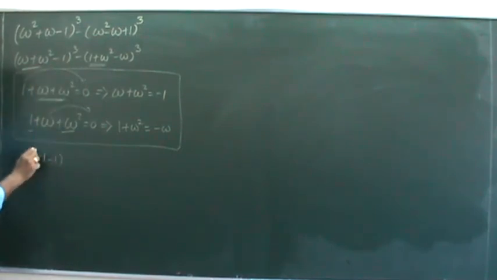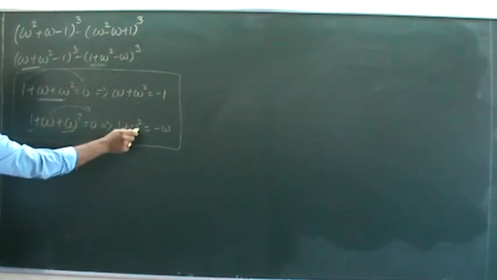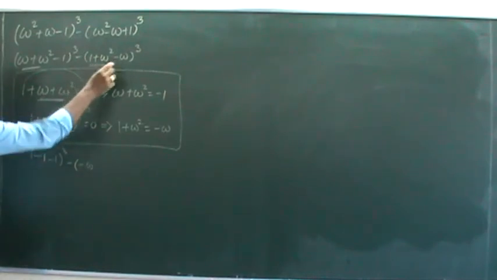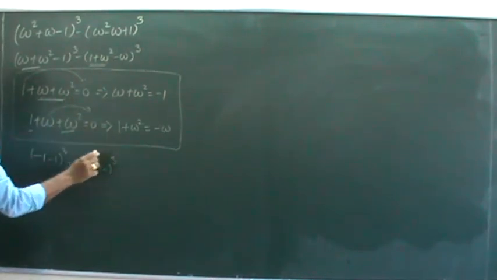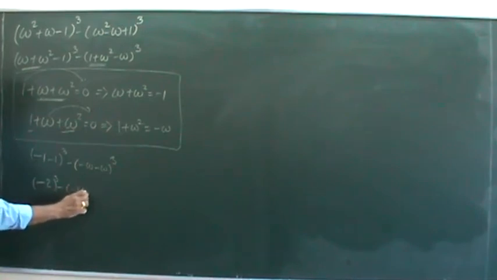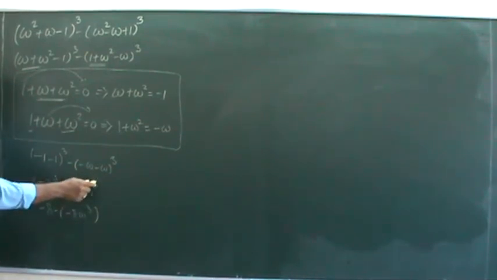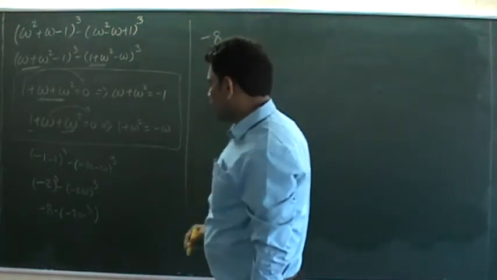Again one more minus 1 which is having 4 cube minus half. 1 plus omega square is nothing but minus omega. One more minus omega which is having 4 cube. Minus 1 minus 2 which is having 4 cube. Minus omega minus 2 omega whole cube. So minus cube means minus 8, and this is the omega cube. Minus 2 cube means 8 omega cube. Then we came to know the answer is minus 8.